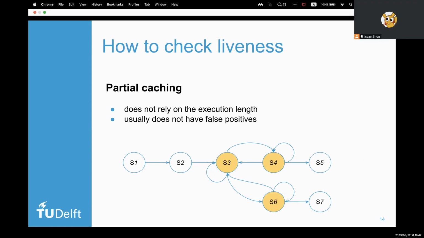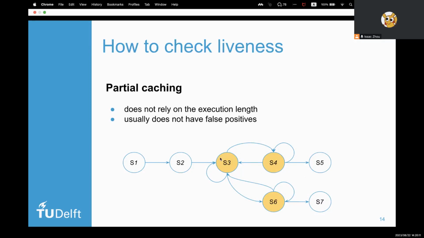Another method is called partial caching. It does not measure the bound of an execution. Instead, it detects the existence of a lasso, for example, the lasso between hot states S3 and S4. We partially cache the previous states, and each time a lasso is detected, we try to schedule the previous state transitions and check if this lasso can be repeated.